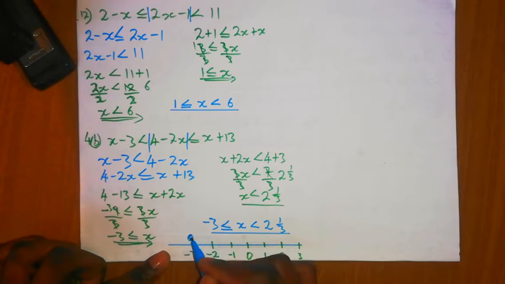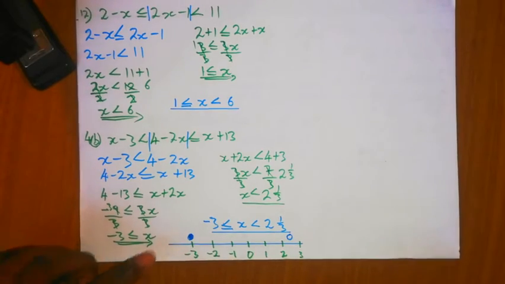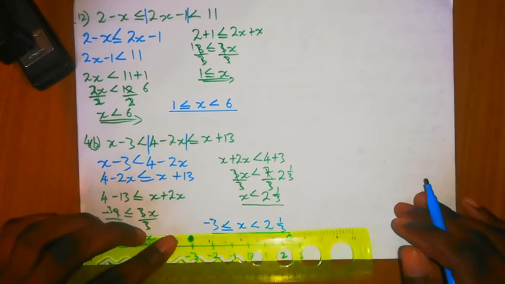dot there. Then where is our 2 and a third? That is a 2. So 2 and a third is here. We just used an estimation. It's around there. Then what do we do? We now join our